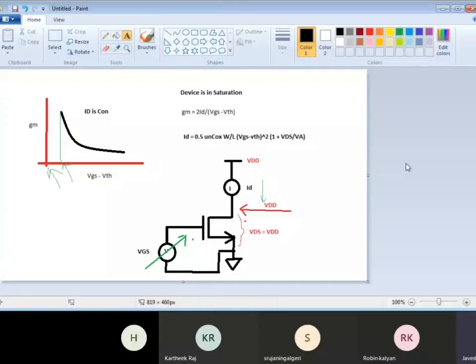And it will fall down linearly or exponentially. Now, the reason it falls exponentially is because of your square term. Because ID has got a square term in the above, and your GM doesn't have a square term. So in effect, it will gradually degrade. It will have a sharp decline when the VGS minus VTH value is very small, and as that value keeps increasing, it will have a gradual decrease in the value. So you will actually have a decrease here.